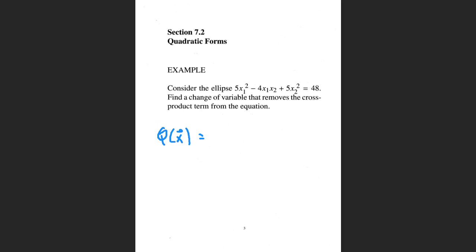Okay, so hold on, I think I need smaller font. Okay, so